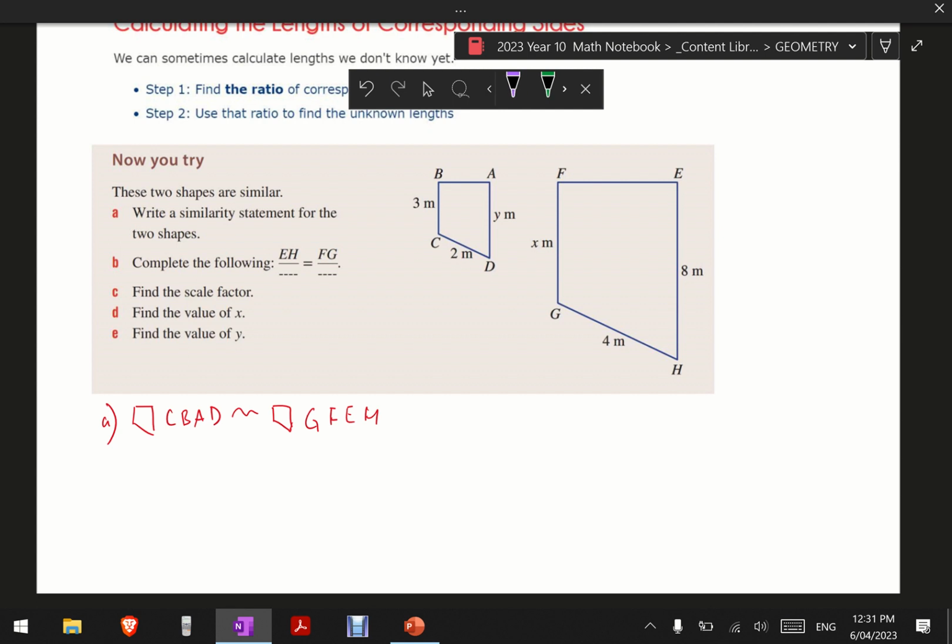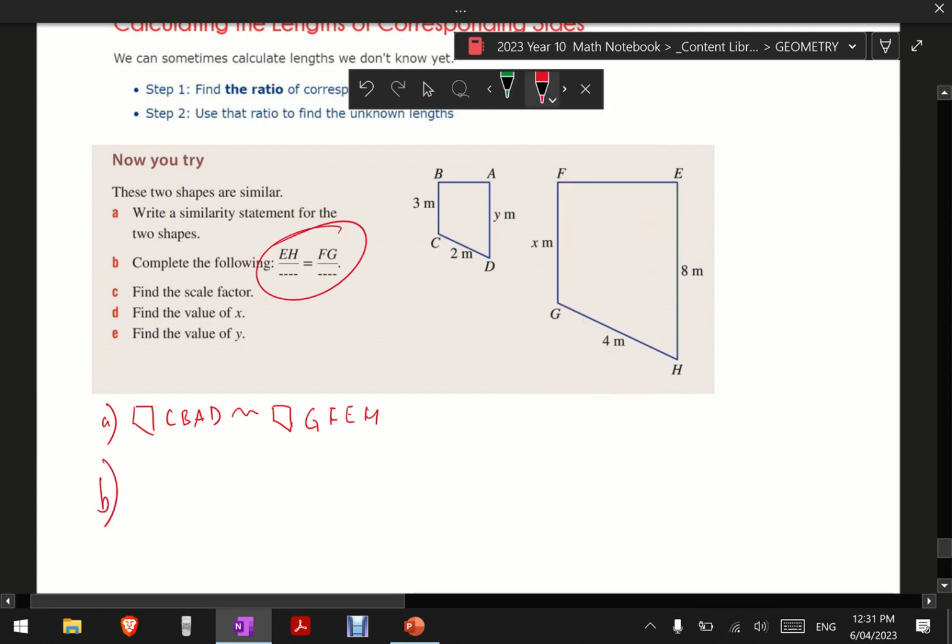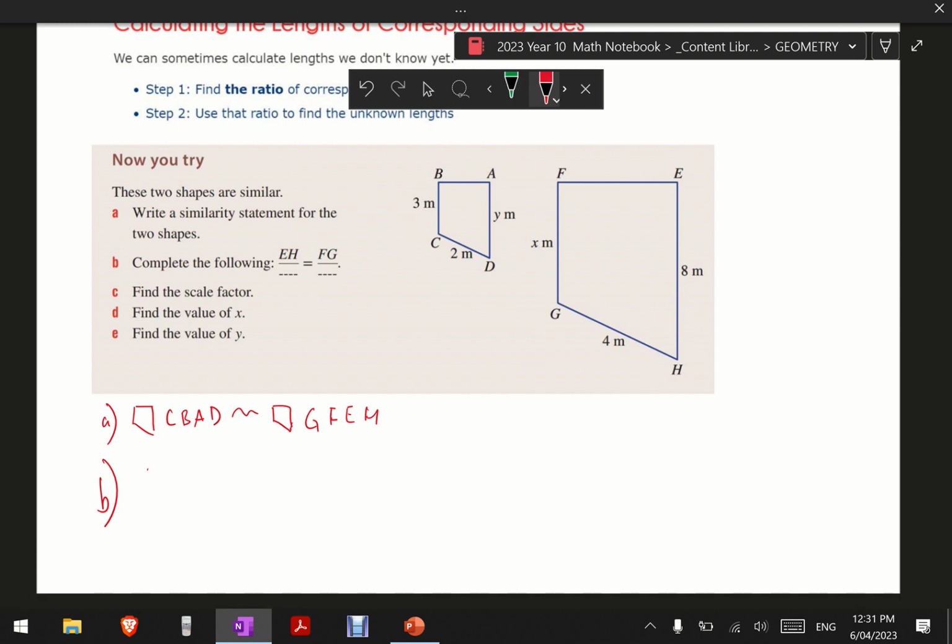Part B, this one's a little bit tricky. Okay, I'm going to write it here. For part B, we need to complete the following: EH divided by something is the same as FG divided by something. What we're doing here is finding the corresponding sides for both of these. So if we have EH on this trapezium, where is its corresponding side on this trapezium? Well, it would be AD. So EH over AD